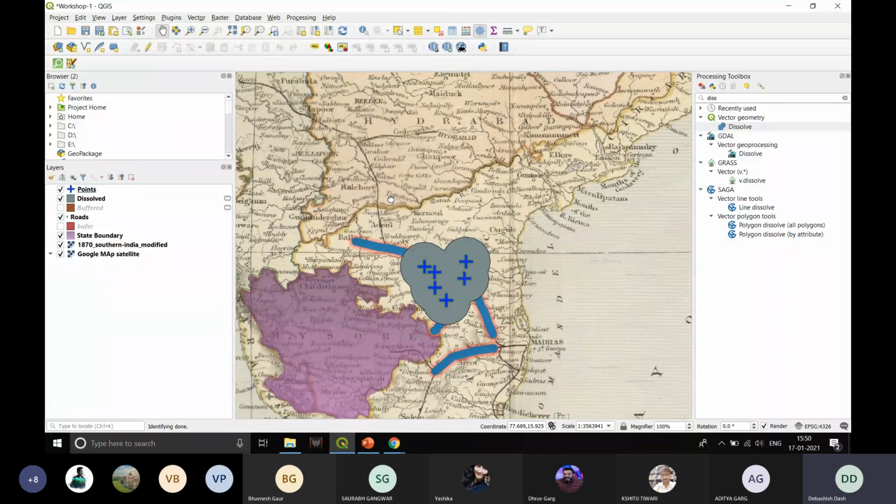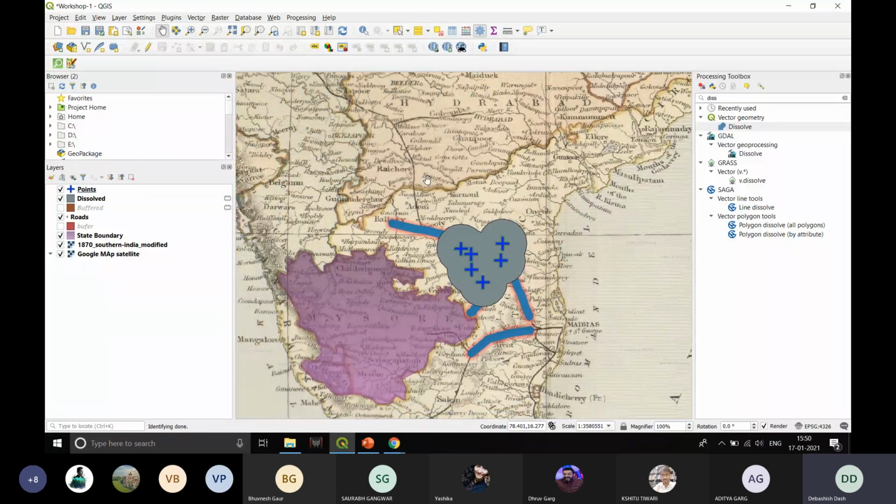Now suppose you assume that you had a different layer for hospital, a different layer for ATM, a different layer for all the restaurants which are available. So suppose you have hundreds and thousands of such point layers in your map. Doing this repeatedly would not only be time consuming, but it will also get boring at some point. So how can we reduce this?